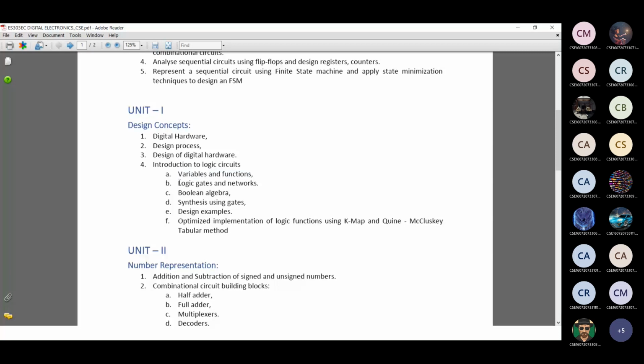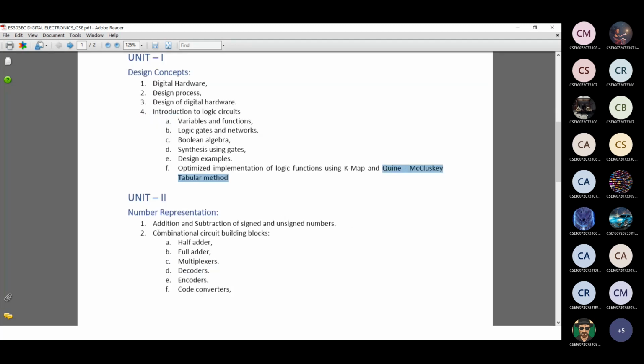Next we will discuss different kinds of logic gates and how to do K-maps by means of Boolean algebra. We need to know some synthesis and postulates. Different variable K-maps will be there, like 2 variable, 3 variable, and 4 variable. If you are going beyond 4, that is a 5 variable K-map, it is also called Quine-McCluskey, which is the long answer from unit number 1. This topic is very important.